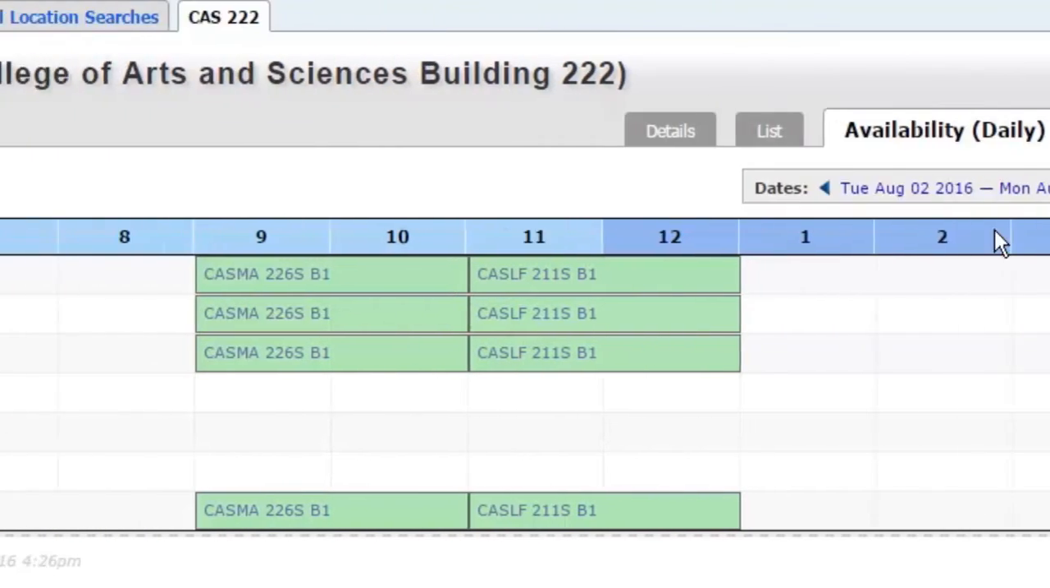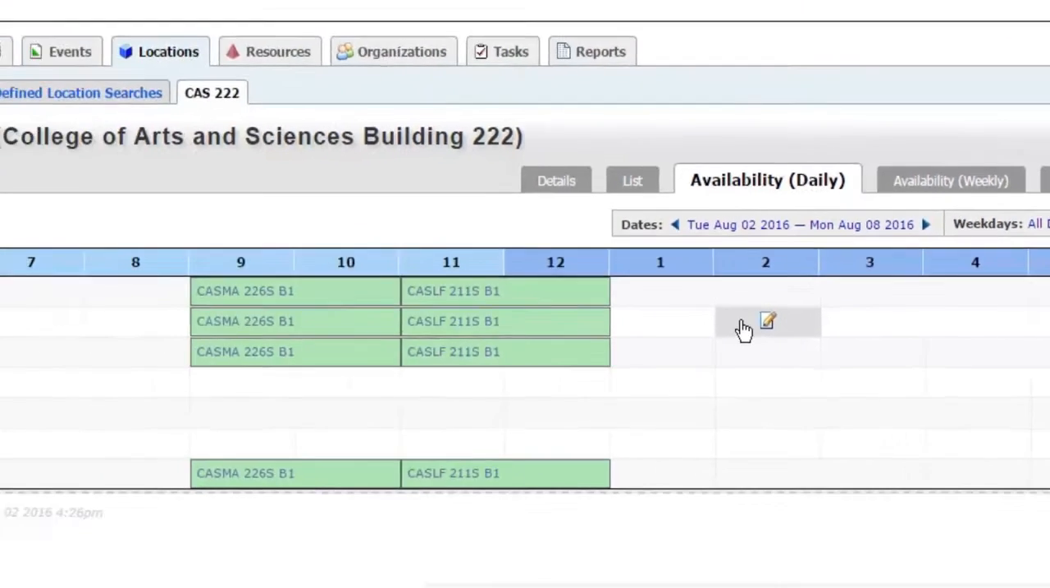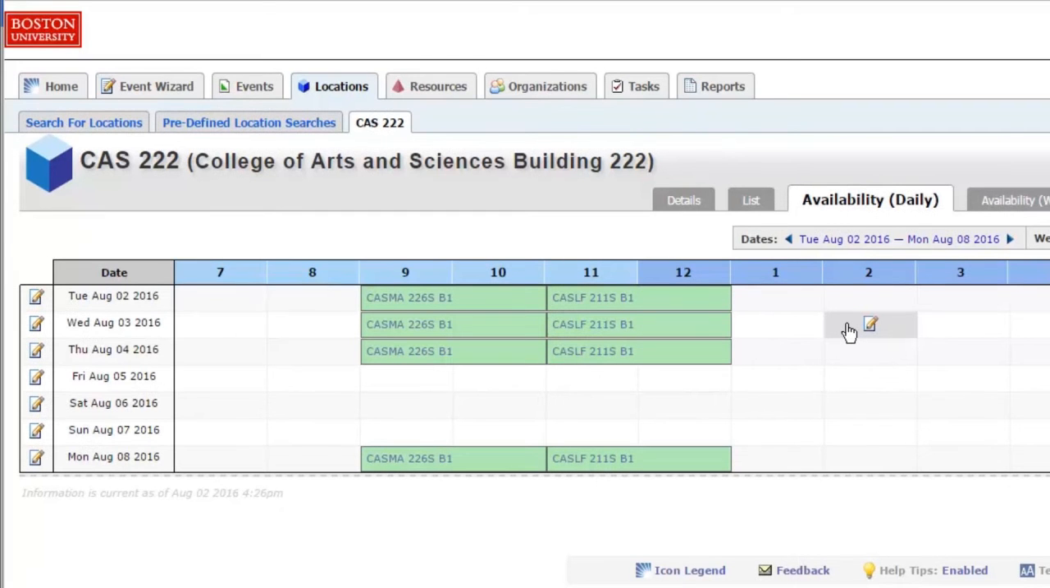Additionally, within any available time, you'll notice that the Edit symbol appears. So, seeing that this room is available on Wednesday at 2 p.m., by clicking on that field, it'll open the Event Wizard, pre-populating the location, day, and time. Returning to the location search,